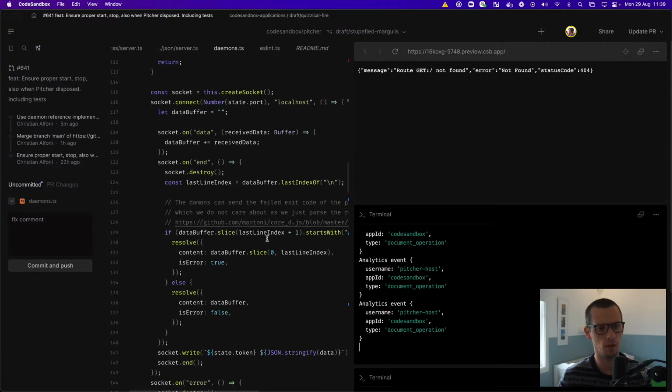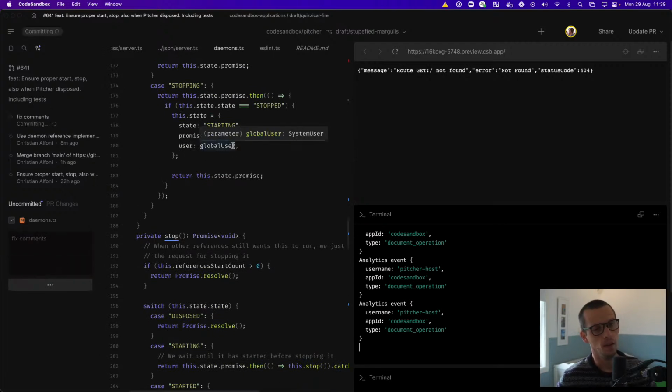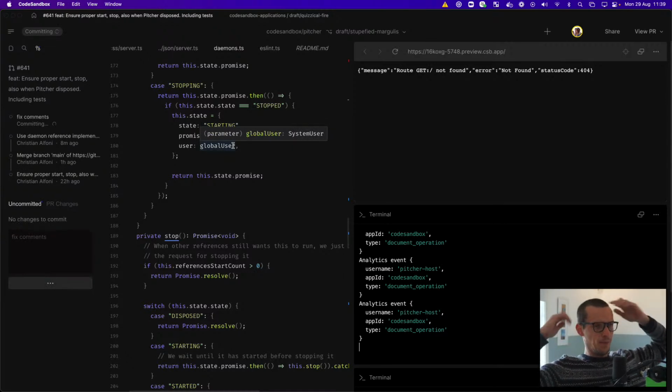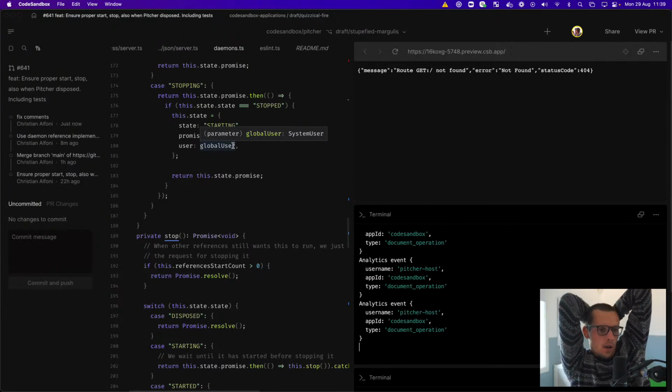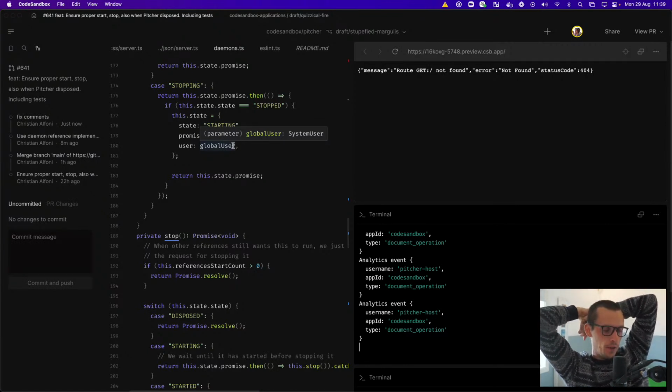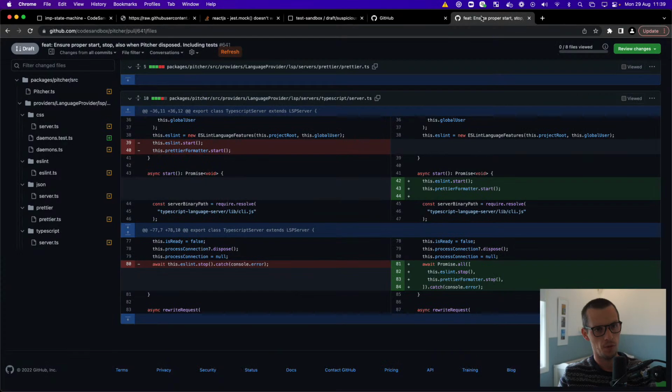It's really well tested. We are very explicit about dealing with the different states of the daemon. We have the reference implementation so that multiple parts of our code base can use the same daemon without one stopping it and the other wanting it started and all that stuff. So I think we are going to say